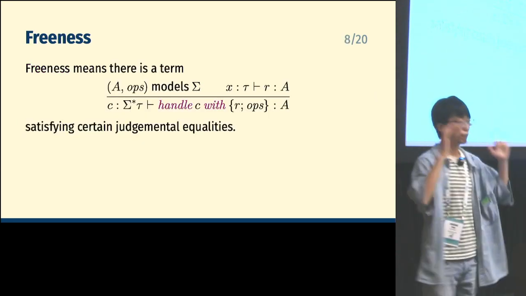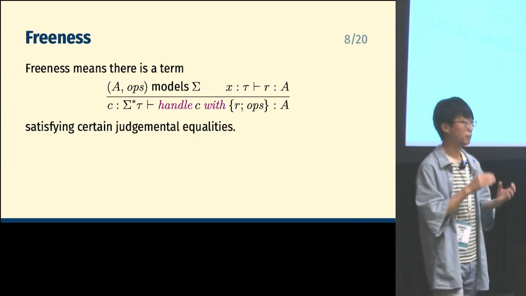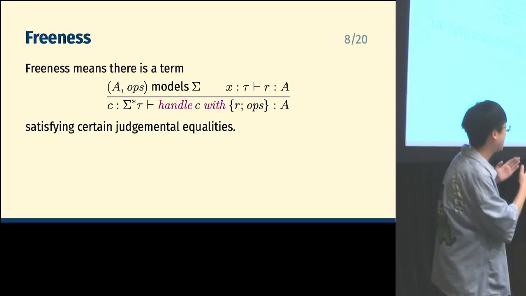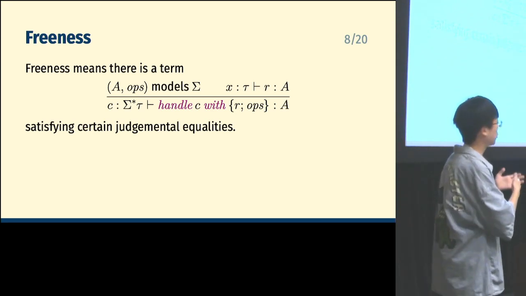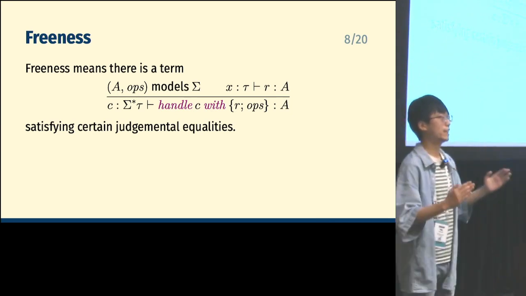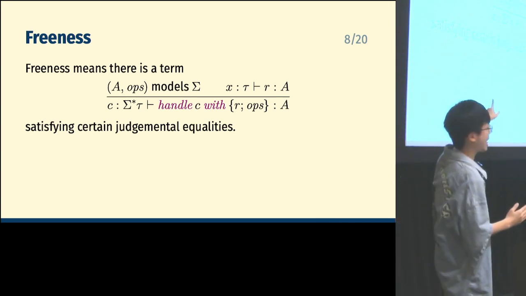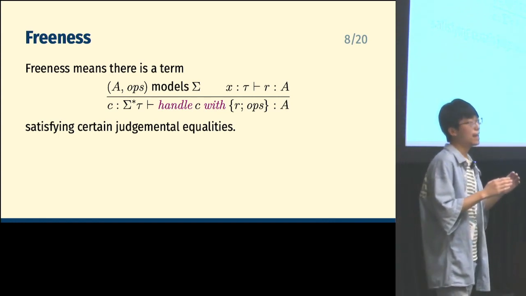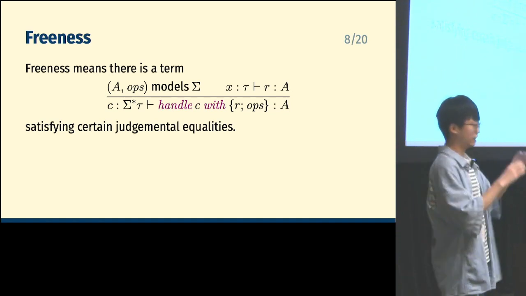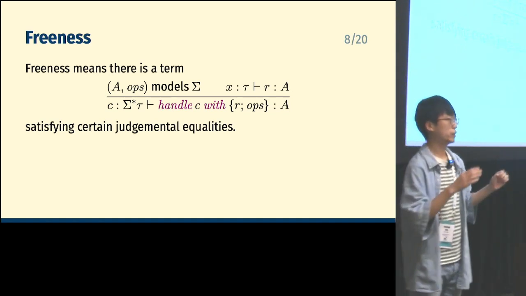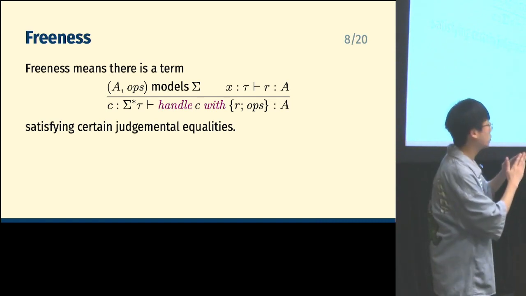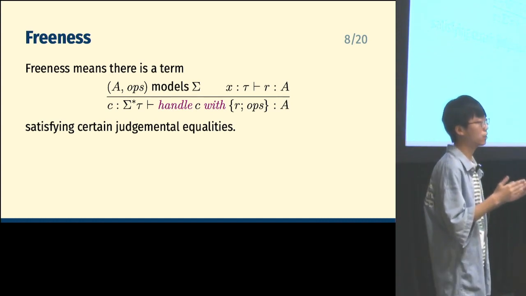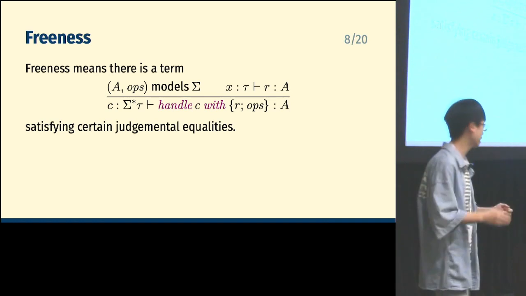And since free models are basically syntactic terms, whenever we have another model A and a term R that maps the variables τ to the model A, then we have a fold of the syntax trees, which I'm writing as a handle with on the slide, because the operational intuition is that every element C of the free model is a computation that invokes the operations from the theory, and the semantic model A here provides the implementation. So they handle the operations just like a system kernel handles the system calls from the client program.